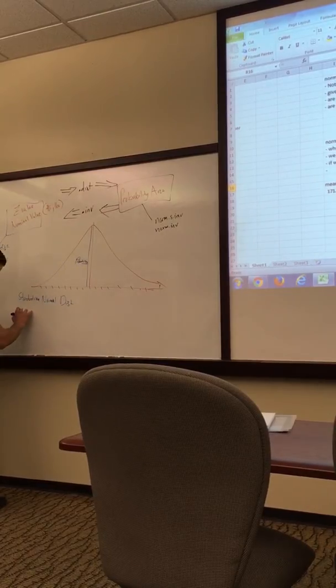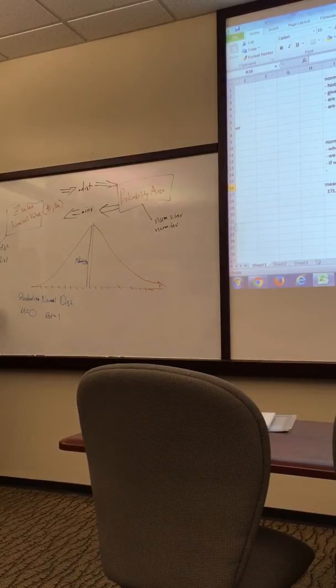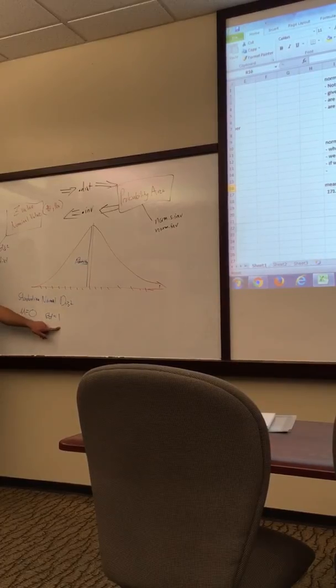Then our mean is equal to 0, and our standard deviation is equal to 1. That means we've standardized our population. The way we standardize our population is we take each value, subtract the mean, and then divide by the standard deviation of that population, and that gives us a population where our mean is equal to 0 and our standard deviation is equal to 1. So if we're given a z-value, if it says z, or it says something is standardized normal distribution,